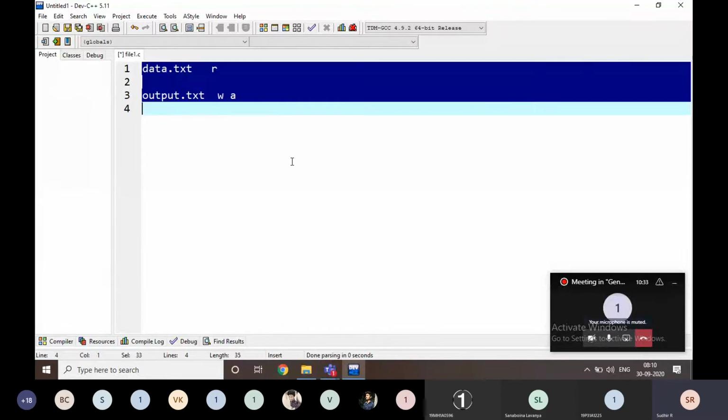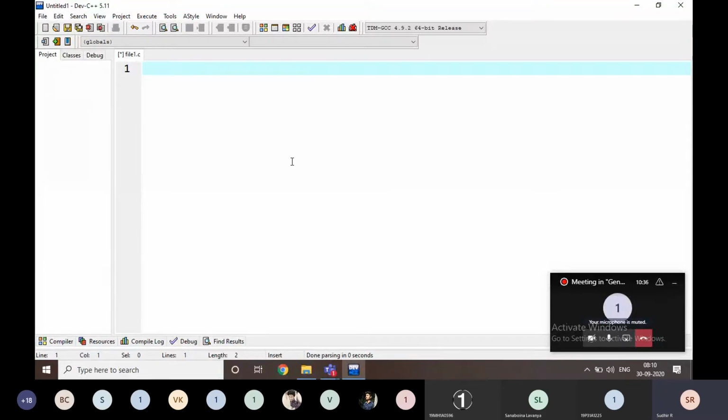That means when we are opening a file, we can access it in different modes: read, write, and append. We have to give in what type of mode we are going to open it. It is either read, write, or append.